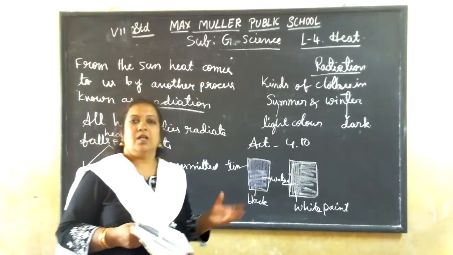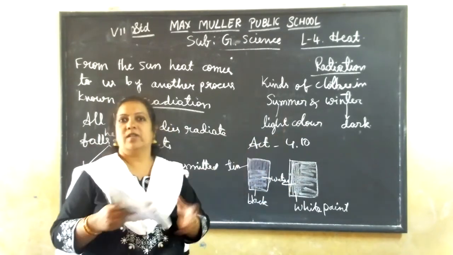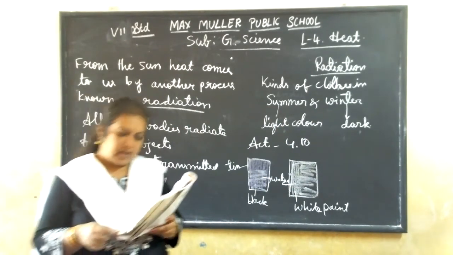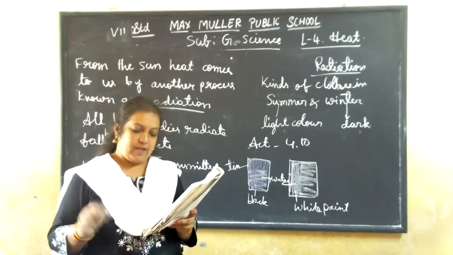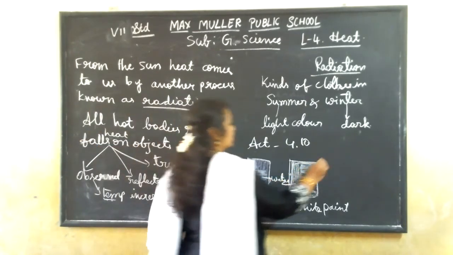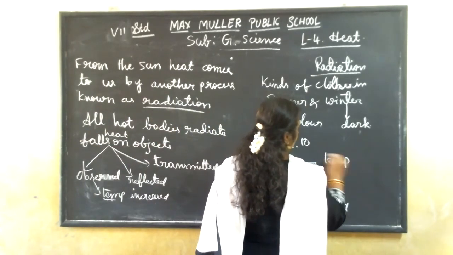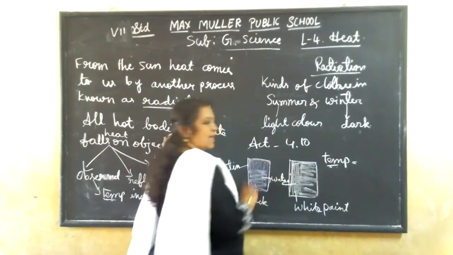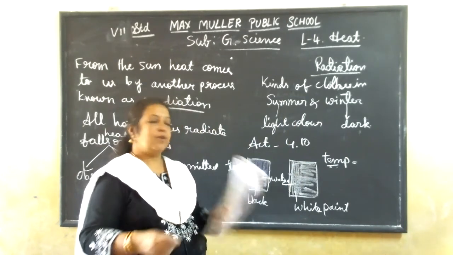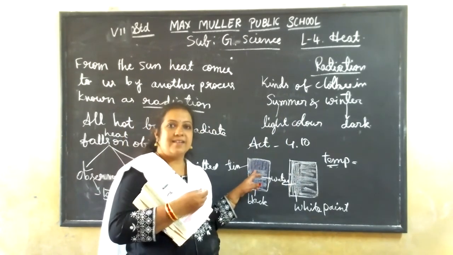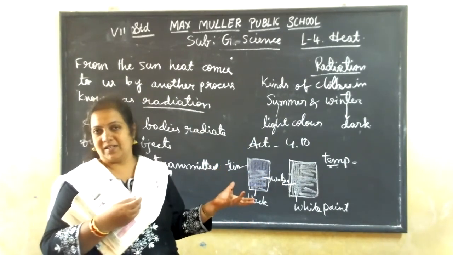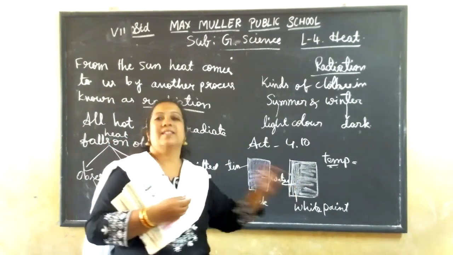After 12 o'clock, you can keep these two tins also outside in the surrounding. Okay, so keep it for a few hours. About an hour at least you keep. Measure the temperature of water in both the cans. So you have to see the temperature with the thermometer. Okay, so both the cans, will they show the same temperature? No. You come to know the black colored tin in which the water is kept is showing more temperature and this is showing less temperature.